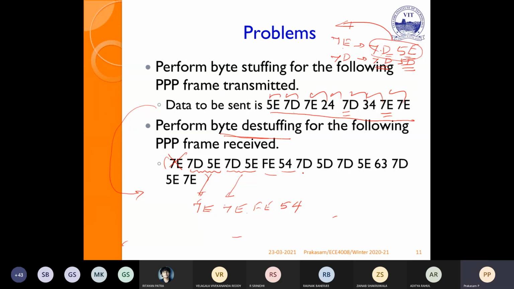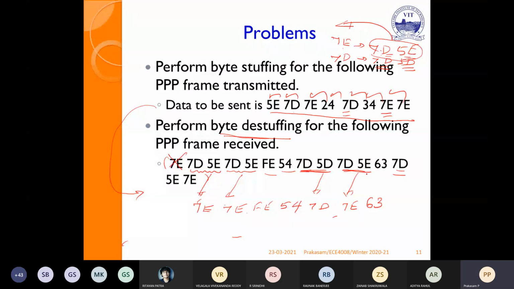Next, 54. Next, I am receiving 7D. If I am receiving 7D, I have to check the next byte. So this is 7D, 5D, that is replaced with 7D. Again I am receiving 7D, I have to check the next byte. So 7D, 5B.